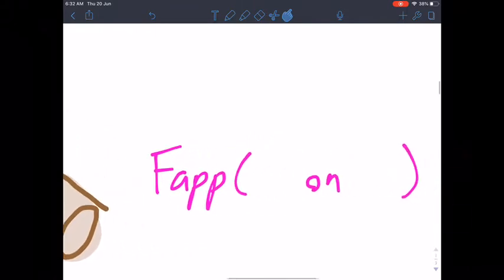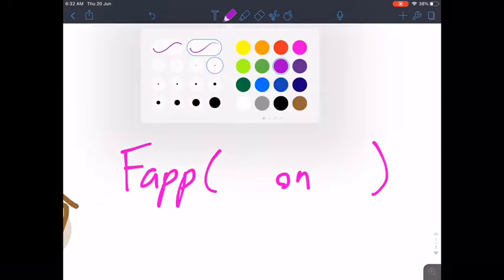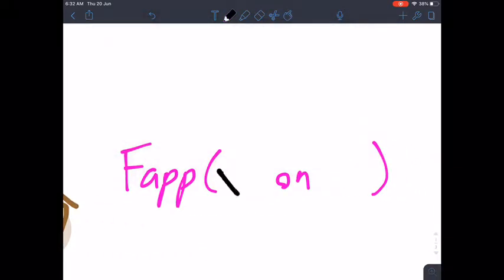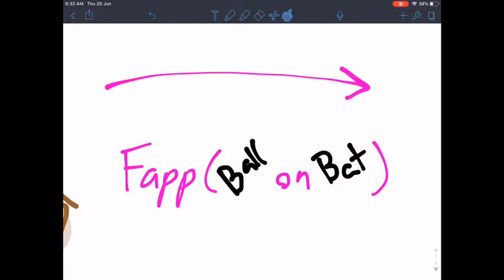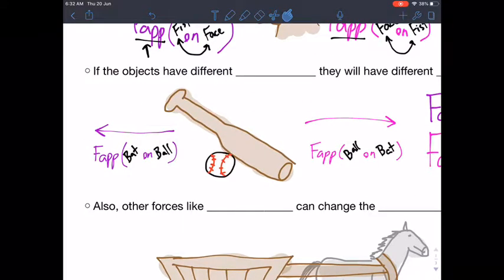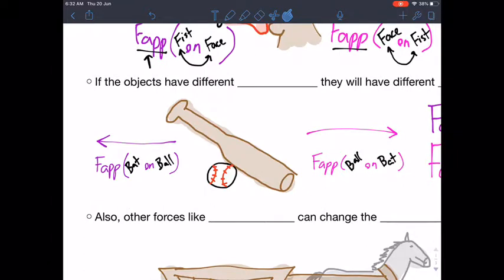The other force in the force pair is then going to be an applied force from the ball on the bat, and that force is going to be equally strong in the opposite direction. Okay, so those are our two forces in the force pair. Those forces are equal. The bat and the ball experience the same force, but